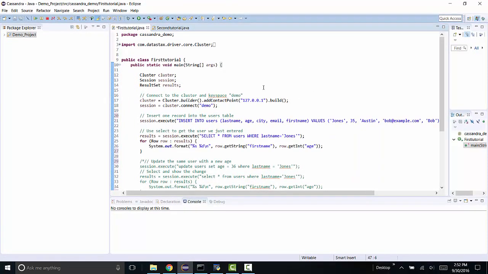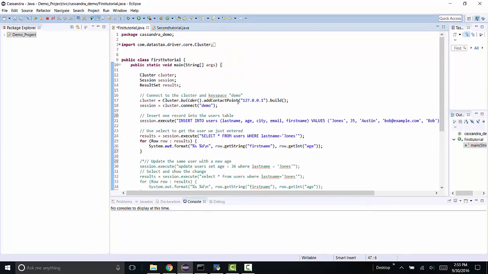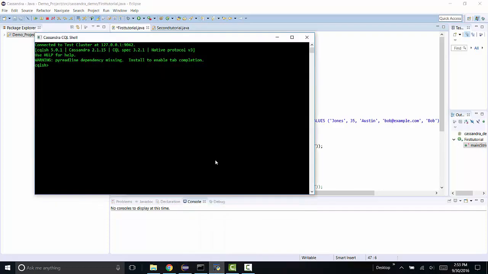This is code with three important statements that we are going to see: insert, update, and delete, and we're going to insert this data into a key space in the Cassandra database. Before we go into inserting into the key space, here is the description of the key space that I've already created. It's called demo and I'm going to describe it now.